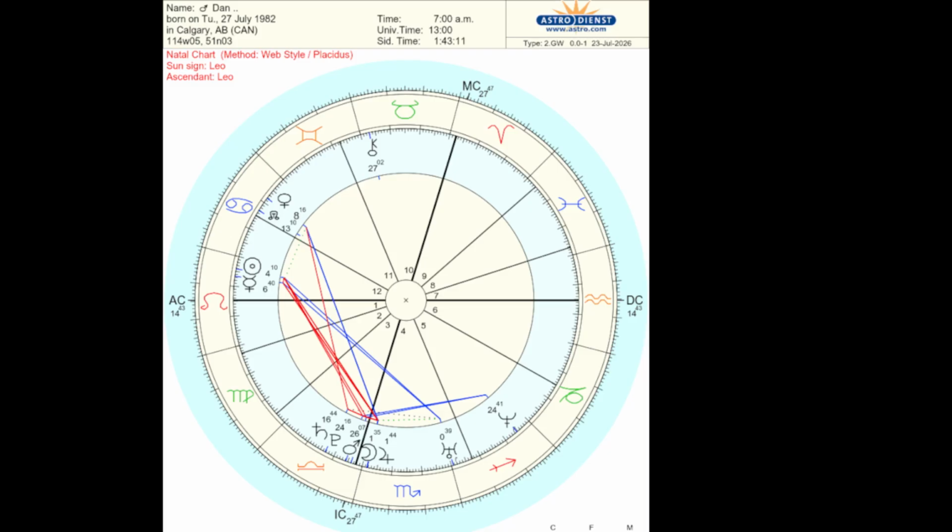So yeah, you've got a very, very interesting chart. So you got Sun square Moon. The Sun is like your conscious self. It's not necessarily what comes the most naturally to you. That would be your Moon, but it's the part of the core of yourself that you aspire to. So you got your Sun in Leo there, and then the Moon is what comes literally the most naturally to you that you don't have to think about, and it's like your emotional core and whatnot. So Sun square Moon,